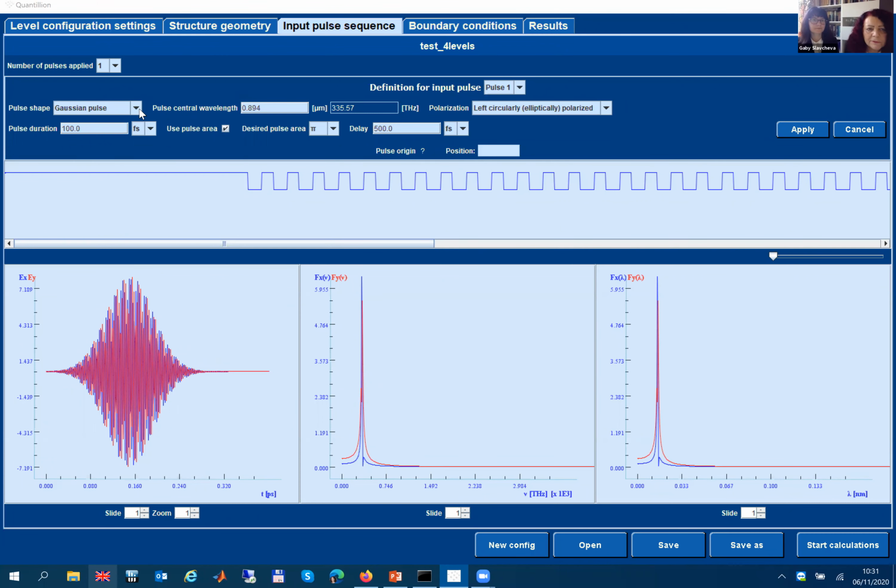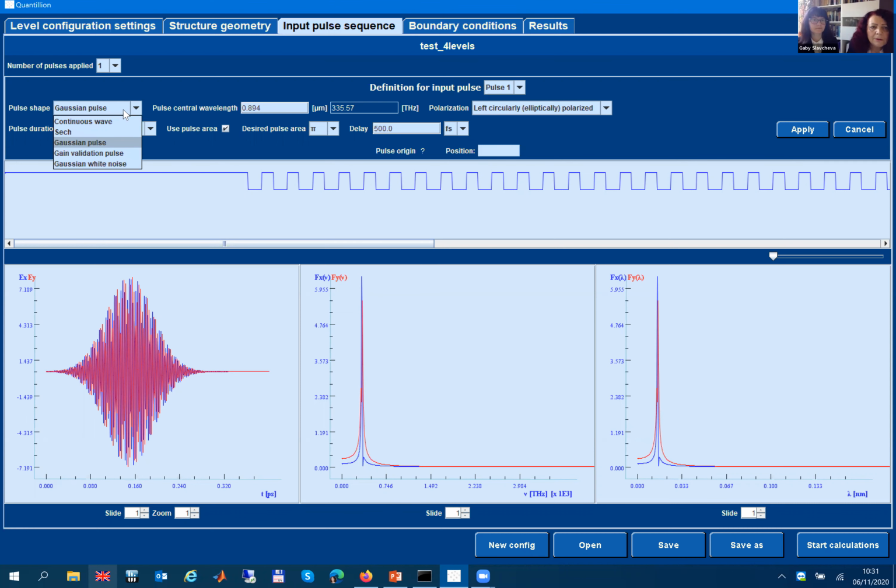The pulses can have a different shape: Gaussian, continuous wave, of course, hyperbolic secant, Gaussian, gain validation pulse. This is a sinusoid which is switched from 0 to 1 within 5 periods, and a random noise, Gaussian random noise. This is the central pulse wavelength, which can be set up from here.